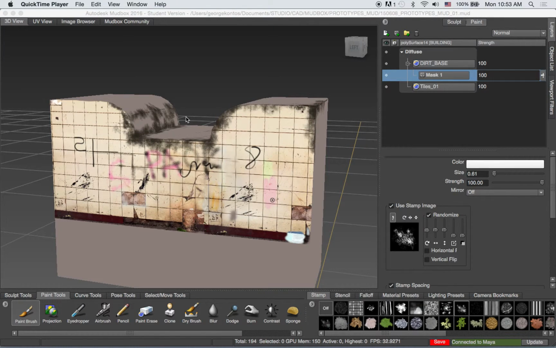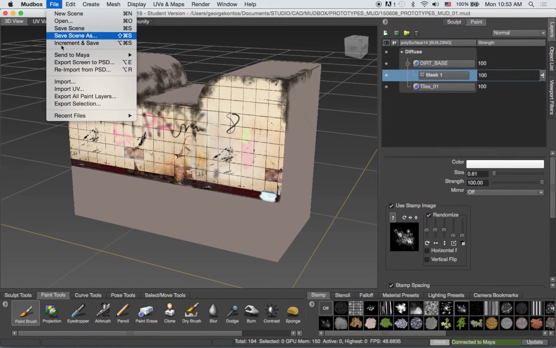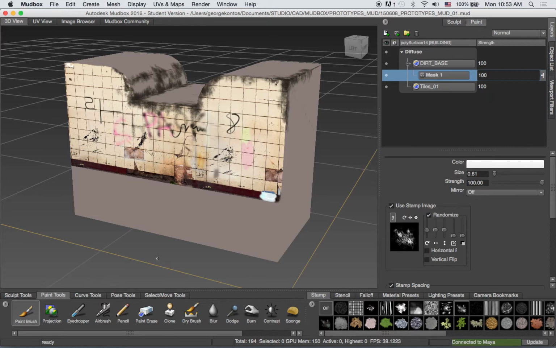Let's say that we want to take this right now and double check it in Maya. Maybe in Maya you already have a lighting set up and then you want to check things as you go. Okay, so now I have this guy. Let's check this scene. I'm going to save it and let's look at where it is in our